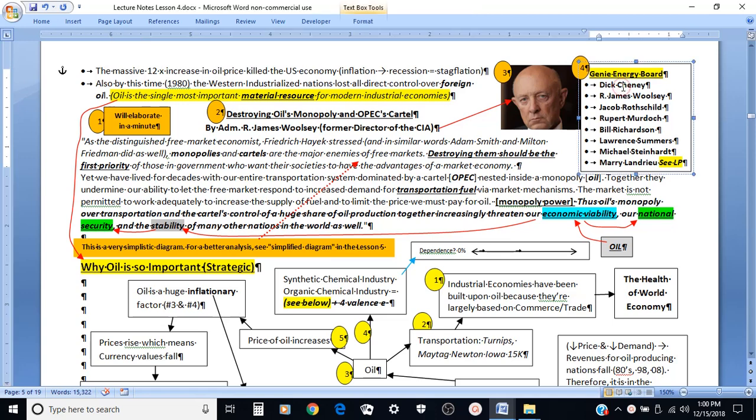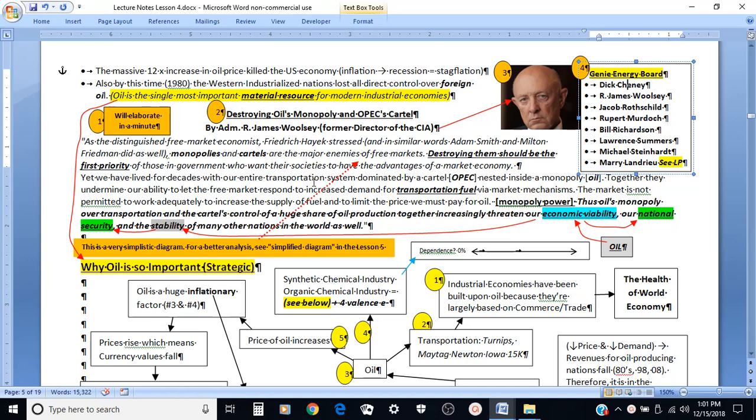So the current conflict in Syria was actually beneficial to this corporation. Anyways, this is what he says in his paper. As a distinguished free market economist, Frederick Hayek stressed, and in similar words, Adam Smith and Milton Friedman did as well, monopolies and cartels are the major enemies of free markets. Destroying them should be the first priority of those in government who want their societies to have the advantage of